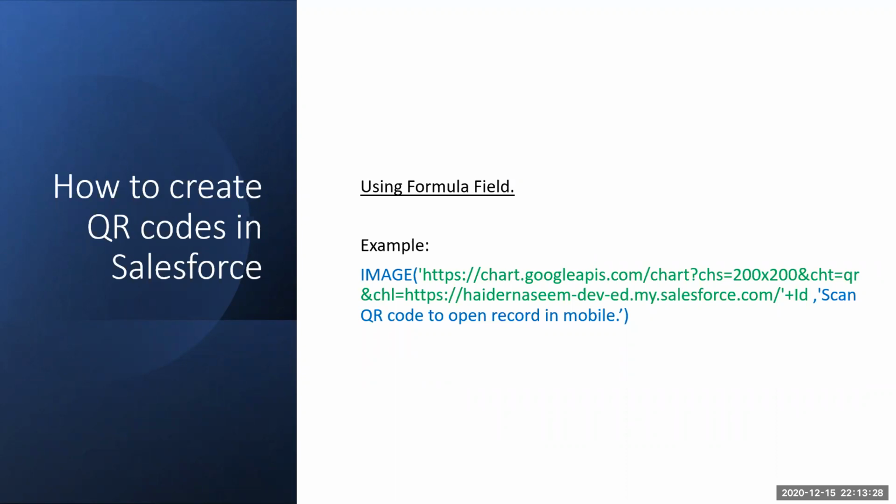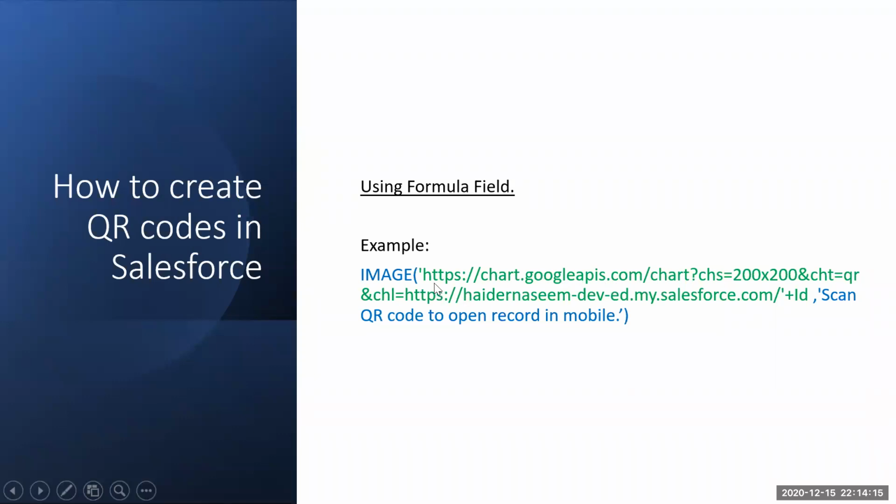So this is the example. What we have over here in blue is the standard image function. The first parameter, as I told you, was the URL for the image. Because we are using Charts API, this URL is going to be from chart.google. I'll come back to this URL. We'll just look quickly at the second attribute, and that is the alternate text. The image function has the first attribute in green over here, and the second attribute is the alternate text. The width and height are optional, so we haven't specified them here because we already did that in our Google Chart API's URL.